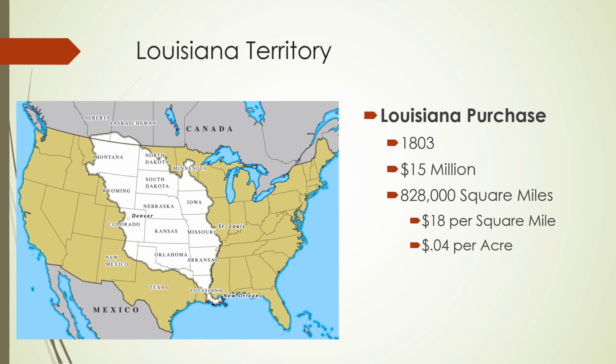Probably the most significant thing that happens during the Jefferson administration, at least in terms of an event that Jefferson is responsible for, is the Louisiana Purchase. So a little background on that, all right? Last time I believe we talked about Louisiana, we were talking about the War for Independence, and we knew that was Spanish Louisiana, right? After the French and Indian War, Louisiana became Spanish territory.